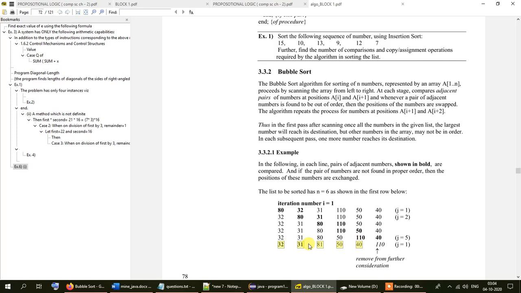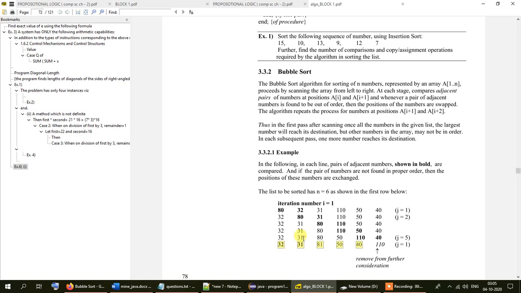So every time the value of i increases by 1, the value of j decreases by 1. That is because the space being sorted inside the array decreases by 1 in every subsequent iteration of the loop.